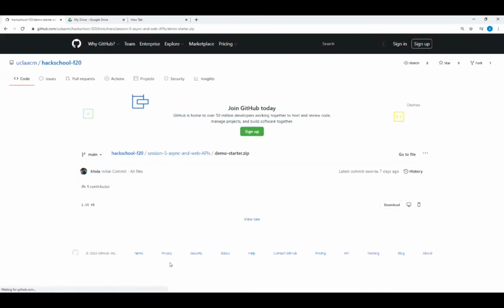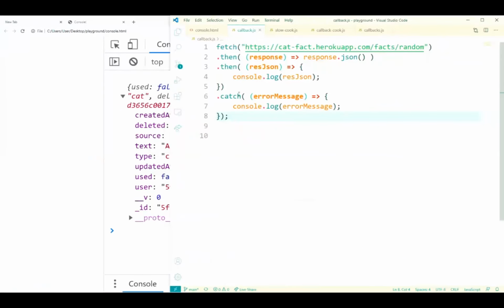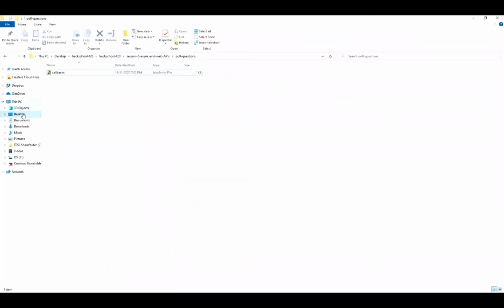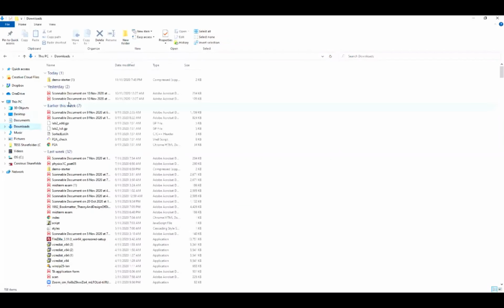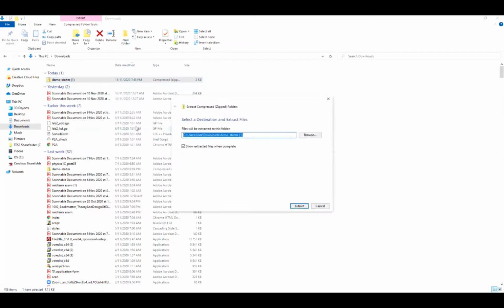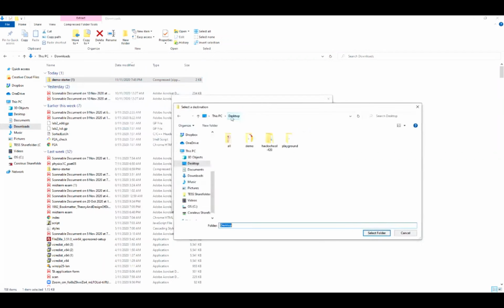It puts it in my downloads folder as demo starter. Oh no, you get to see all of my wonderful downloads. I'm sorry if this is too small for you guys to see, but I'm going to extract my demo into my desktop.